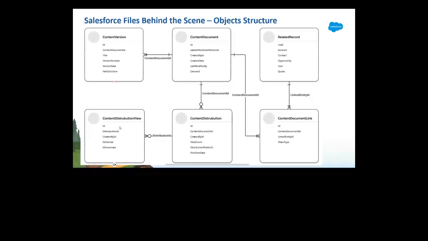Content distribution view holds the information about the access log. Whenever somebody clicks on the public link and downloads a file, then one record will be created in content distribution view. Whenever someone accesses that file and downloads it, then this download becomes true. In the next slide,